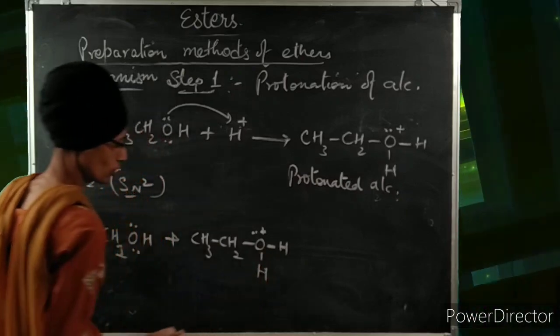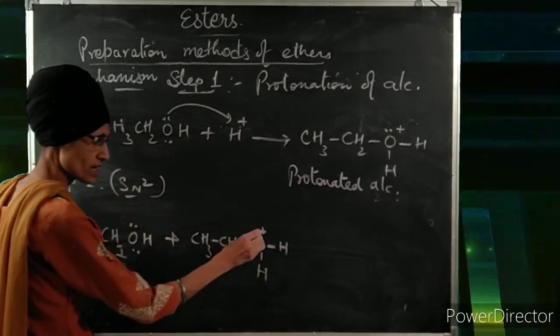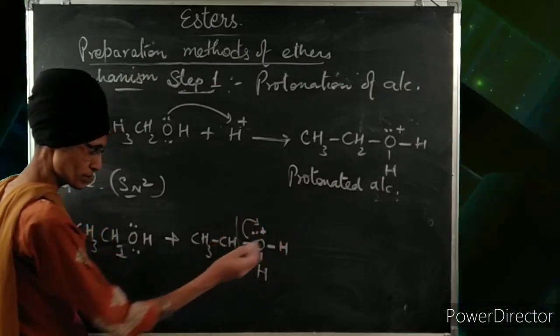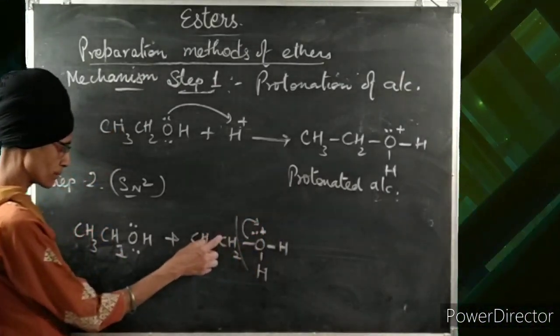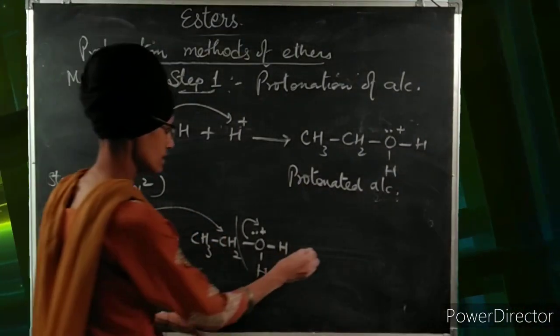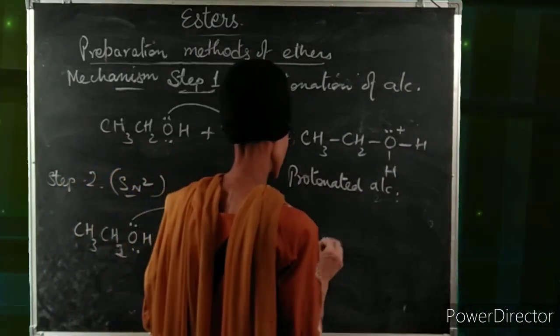In the protonated alcohol, oxygen has a positive charge, so water is removed this way and this carbon becomes positive. The lone pair of the alcohol attacks here and ether is formed,